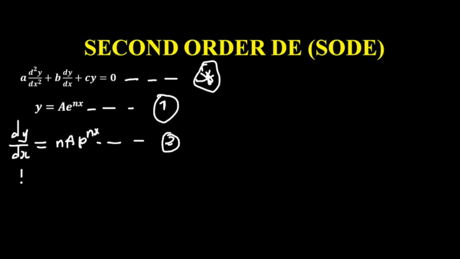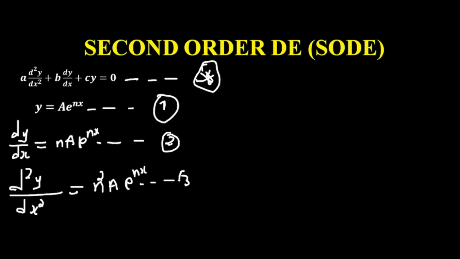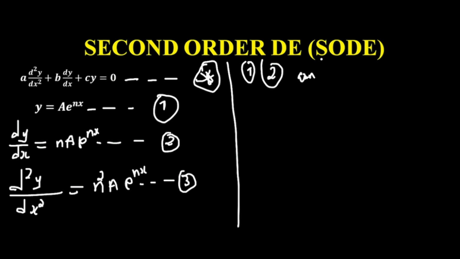And if we do the same thing, if we look for the second derivative, the d squared y over dx squared of this function, then we're going to have n squared a e to the power nx. So we're going to call this equation 3. Now looking at this, if we take our equation 1, equation 2, and our equation 3 and put them in equation star, then